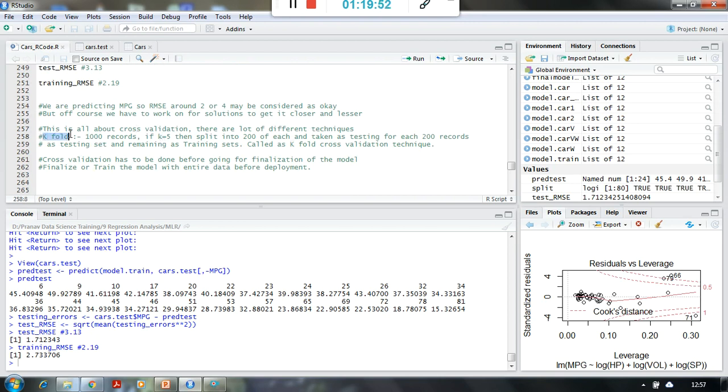So something like k-fold is also there. K-fold is nothing but, if you are having 1000 records and you put the k value equal to 5, then it will create 5 sets of 200 records each, which together make your 1000 records. So 200 records will be considered at one time as your test set, and the remaining 800 will be the training set, okay? And this will happen like this.